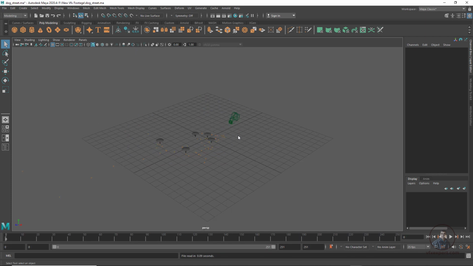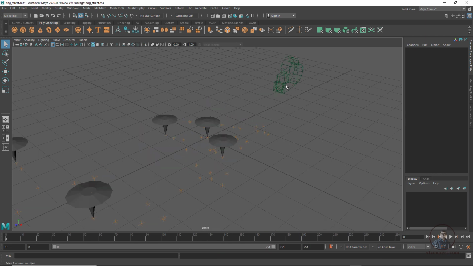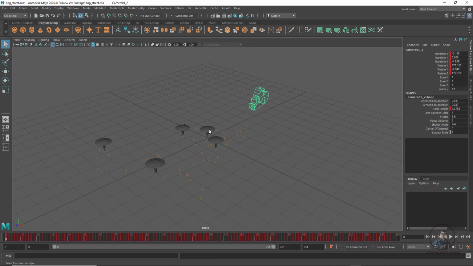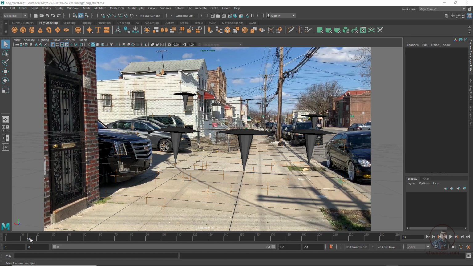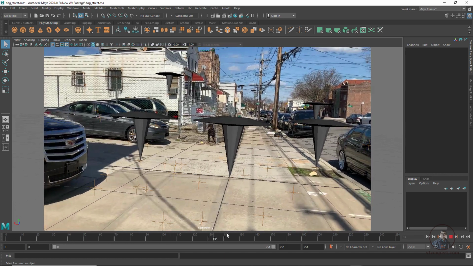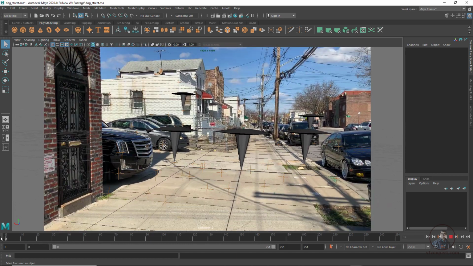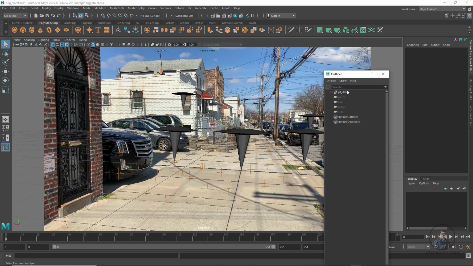Don't save. Now if you look, this is our camera and this is our proxy geometry which we have created in PFTrack, and these are our points or locators which we have tracked in PFTrack. If you select your camera, you can see this is moving, or animated. Then simply click on the Panels menu, Perspective, and this camera view. Now we are inside our camera view, and you can see this is looking good, as in PFTrack.